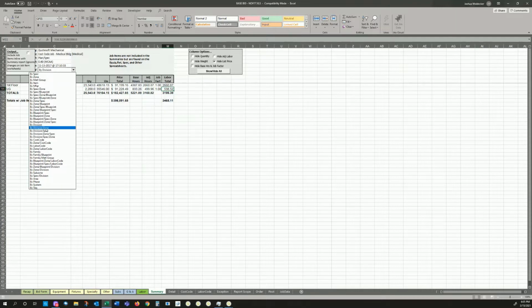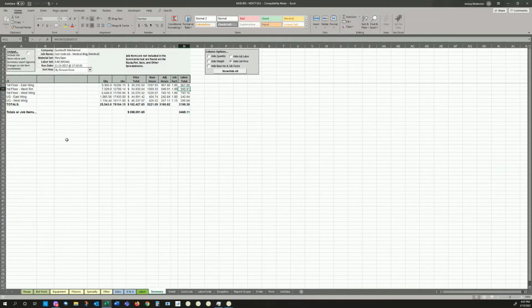to the next step. If we add zone to that, now you'll be able to see the east wing from the mechanical room from the west wing, and you see that east wing and west wing underground break out into 242 and 295. Then we've got the labor for the above ground as well as the cost of just the materials in that section. This cost down here below includes the job item cost, so that's going to be your fixtures and so